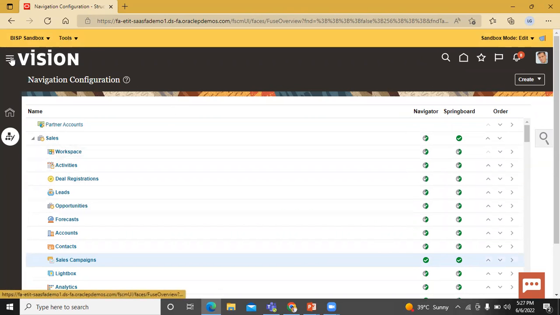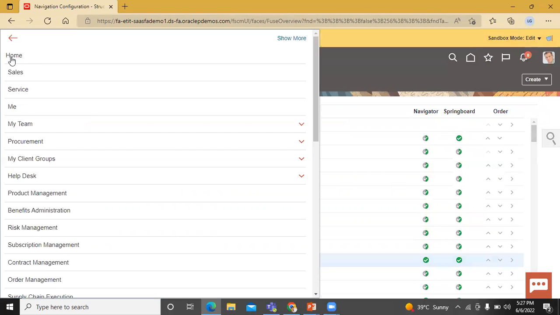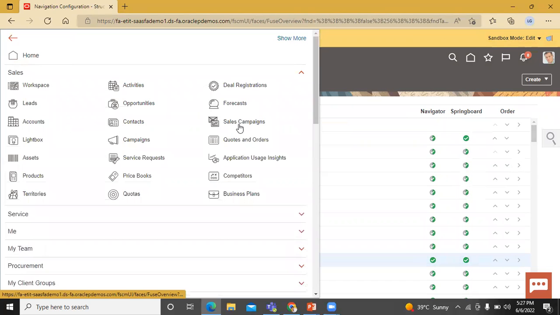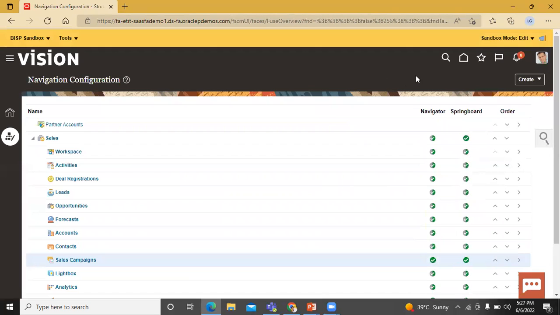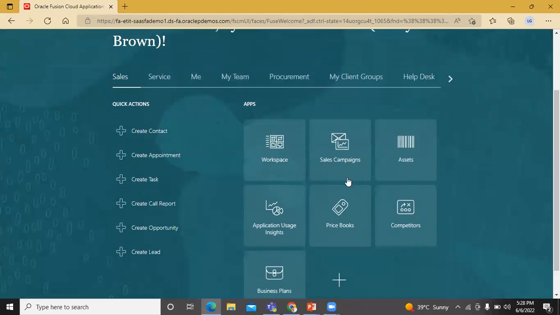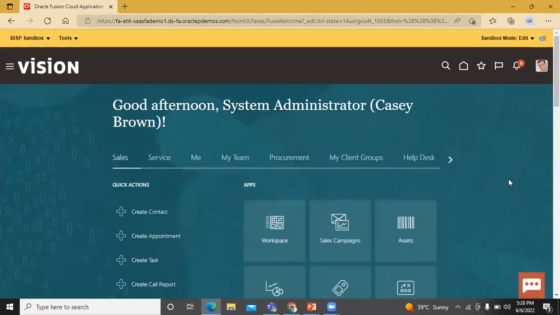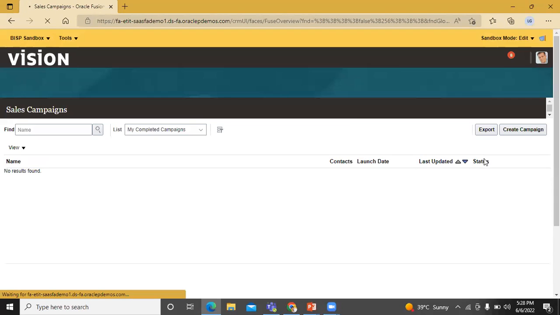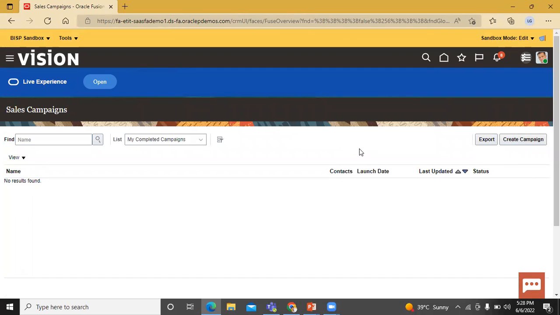Let's see. Click on this navigator. Click on the sales, and this is the sales campaign enabled. Click on this home button. And this is the sales campaign on the springboard. It is also enabled on the springboard. Now let's click on that. Let's see the options in the create campaign. So click on this create campaign,